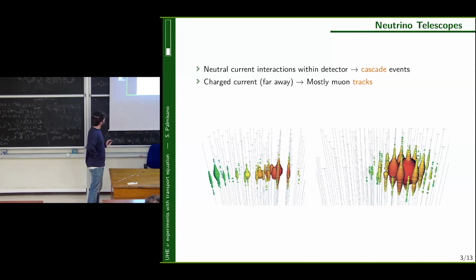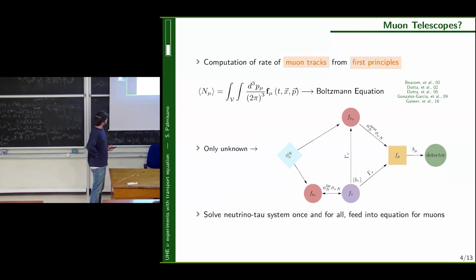The PMTs light up from this sort of blob shape. The other class is muonic tracks. So a muon you produce inside the detector, or outside it, travels through it and releases energy as it travels. So it shows a track inside it. This is a type of event that, for example, the KM3NeT event had, this sort of topology. So if one considers only muon tracks, in some sense, neutrino telescopes are actually muon telescopes.